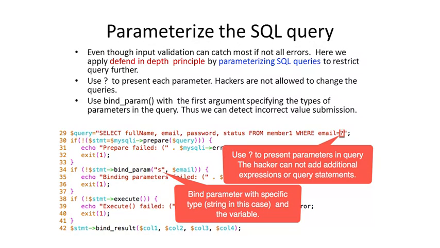At line 29, we see the $email variable is replaced by a question mark in the query statement we try to formulate. At line 34, we see bind underscore param used to bind a string type to the variable, because the $email variable is a string type. At line 42, we bind